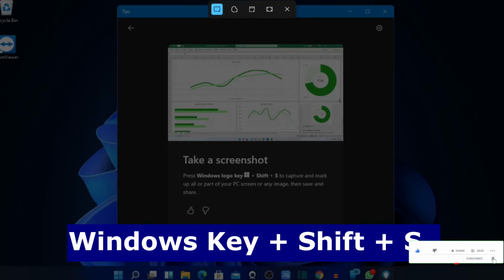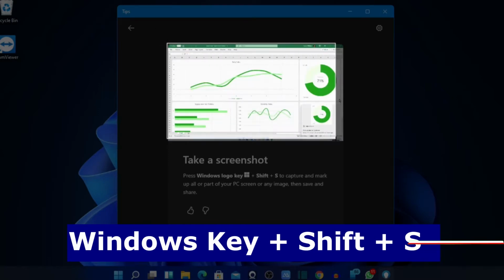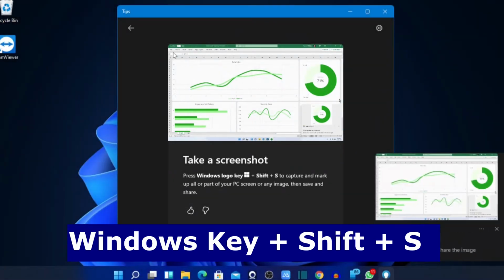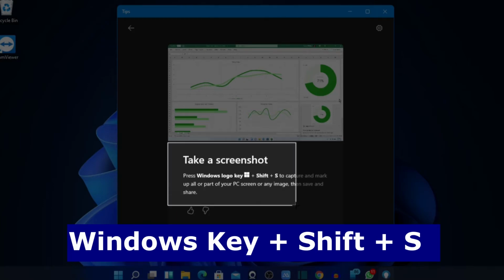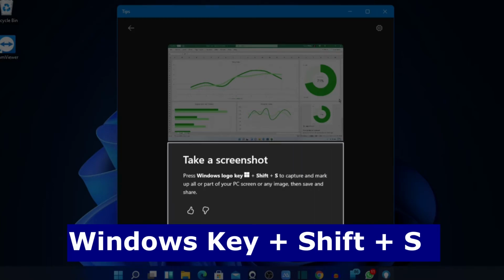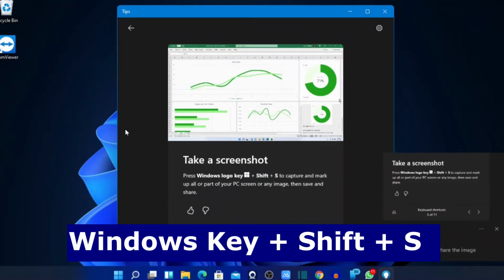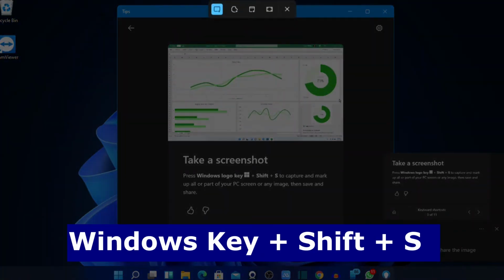You can try to get this screen here. You can decide to get this screen here. You can decide to take another screenshot. You can take this part here. That's another screenshot. Very easy, very simple. You can decide to have another screenshot by pressing the Windows logo key and Shift plus S, and this will take you to